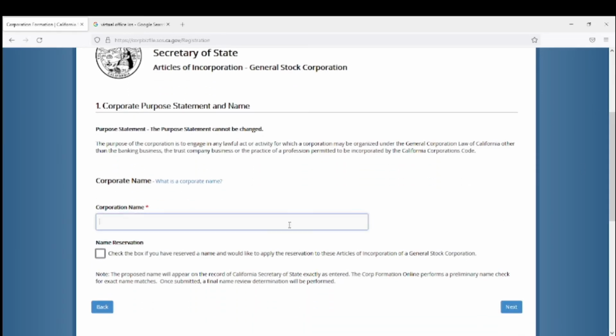Now here's where you put the name of your corporation. Now remember, in one of my other videos, I told you you want to keep the name of your corporation very general. So you want to have something like,